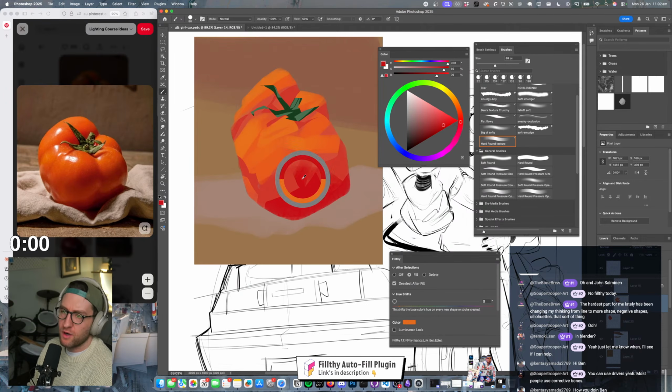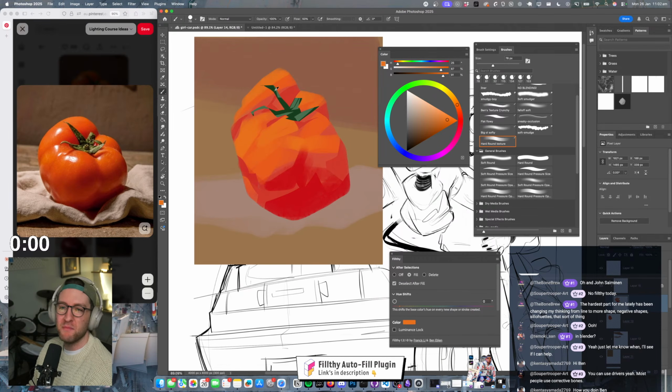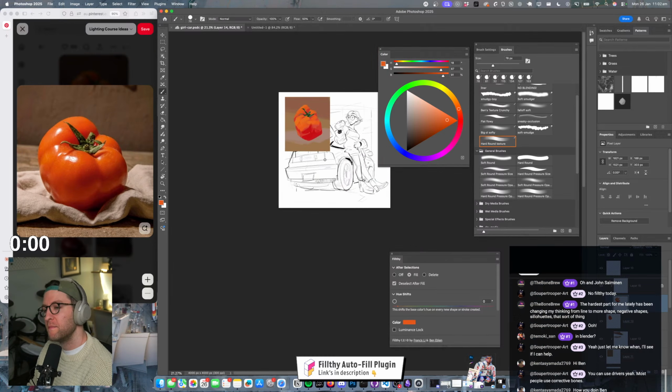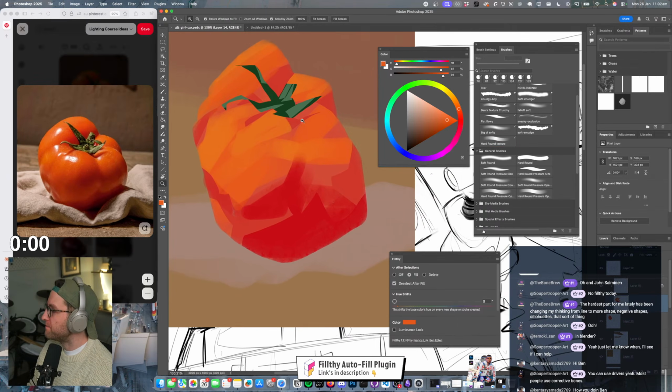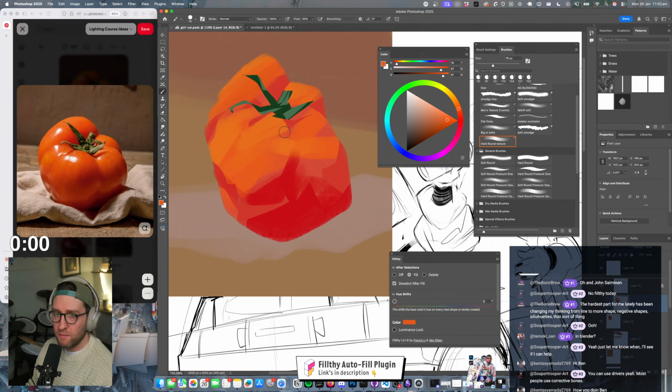Okay, so this is the point where I could accidentally get really blendy, right? And get really, really noodly. But because it's a tomato, I don't really care that much. I don't know if getting the likeness of the tomato matters. I'm also looking for, I don't know, appeal. Making it feel nice.